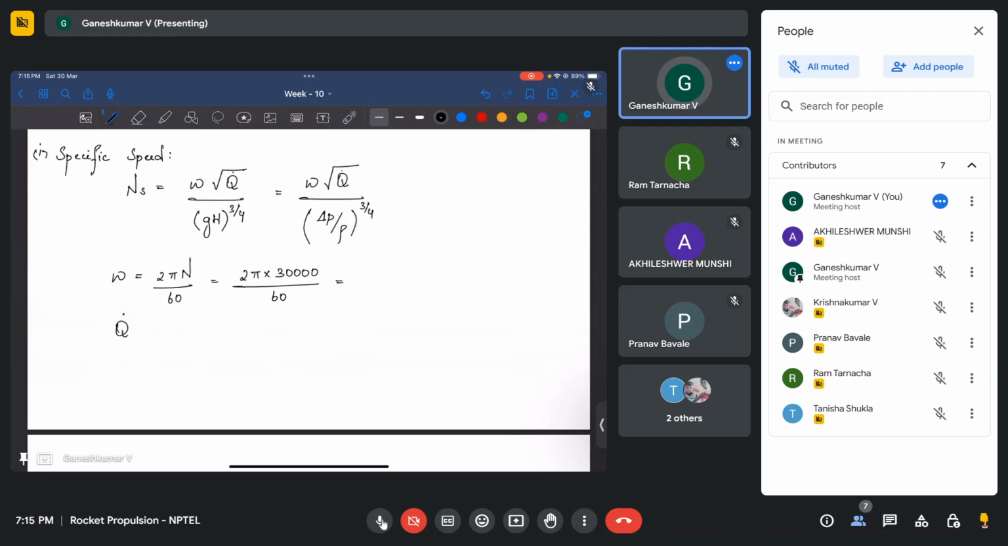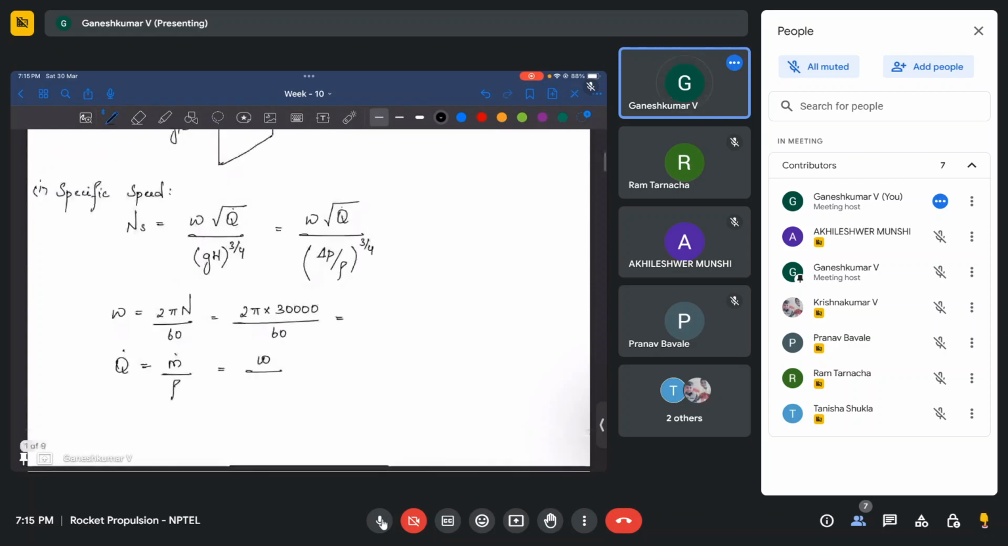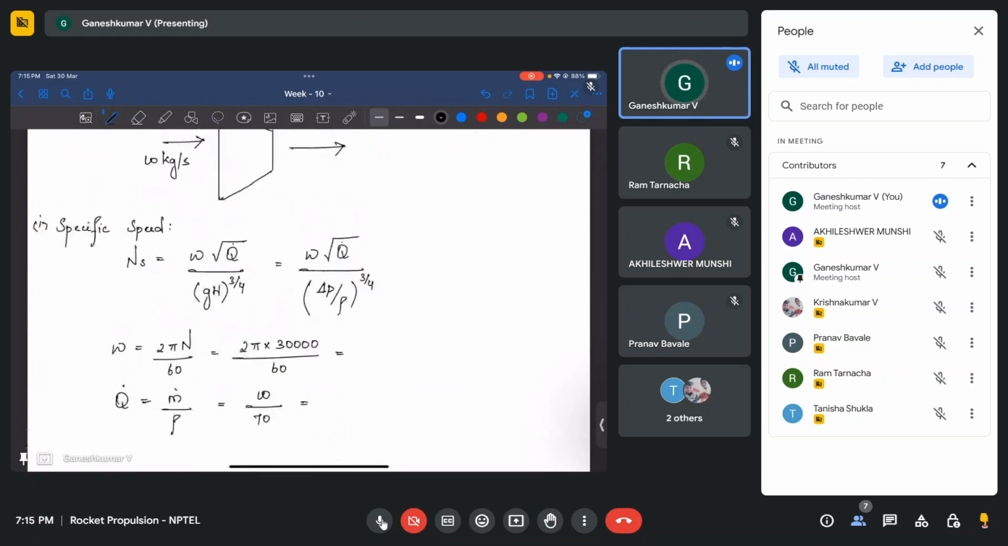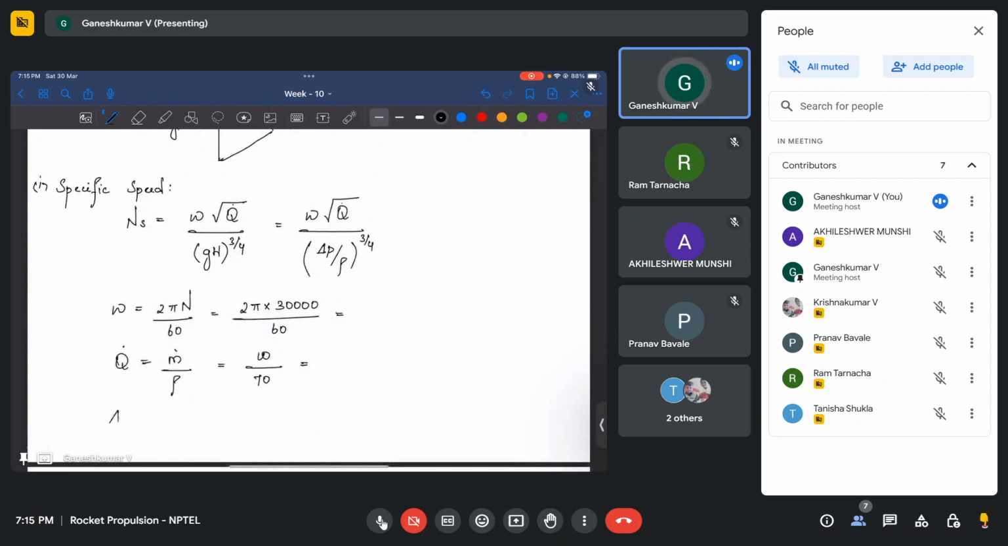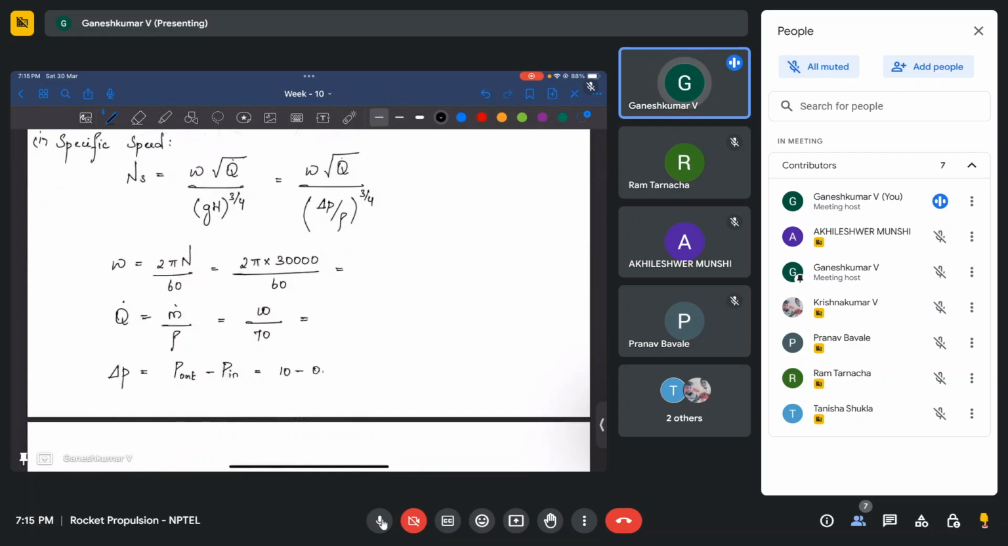And volume flow rate, as I said, we can find from mass flow rate, which is nothing but mass flow rate of hydrogen divided by density. So how much is the density of hydrogen? 70. This will give us volume flow rate, and then delta P is the pressure difference across the pump, which is going to be P out minus P in, which is going to be 10 megapascal minus 0.05 megapascal. Okay,